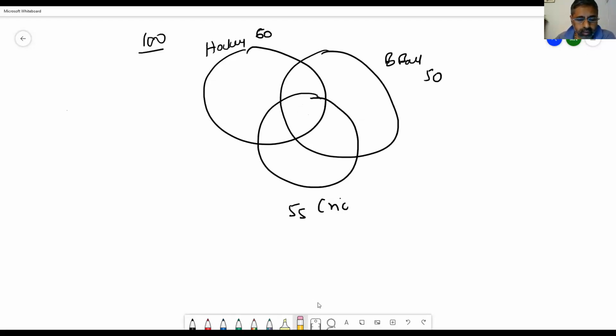How will you go about doing it? Maximum number of people here, that means all 3. What is the maximum number of people possible? This is the lowest value. We saw that you can take 50 people. That's the maximum number you can have here, in which case you need an extra 5 here and an extra 5 here. That gives you everything. Is that clear? So the maximum number of people here possible is 50. The extra here will give you 5, and another 5 will give you 60.